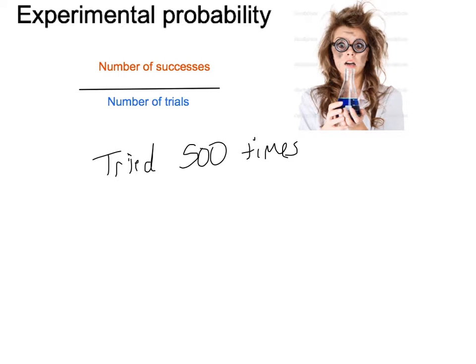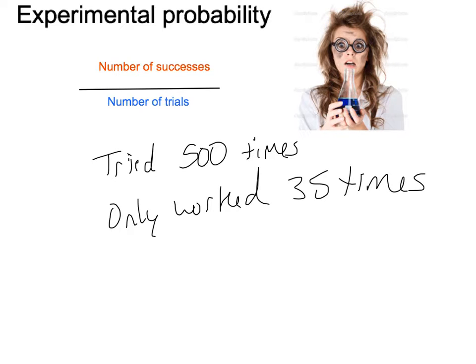And they only got the compound to work, though, let's say 35 times. So what's the experimental probability here? Well, how many successes did they have? Well, 35, okay? How many trials? 500. So if you take 35 over 500 and simplify that fraction or divide, you would get